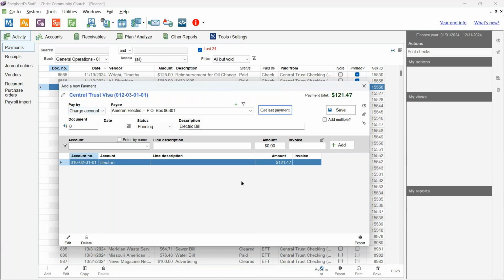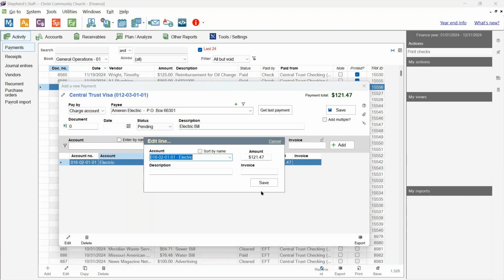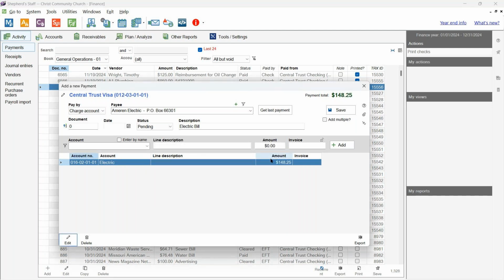And you'll notice that we've got some of the information already filled in because we used Get Last Payment, and our last payment used this expense account. And this was the amount. Now let's say, well, obviously it's not always the same amount, so I need to adjust for this month's payment. So I'm going to click Edit, and I'm just going to go in here and say that it was $148.25. And I'm saving, and now I've got that, and I didn't have to enter all of the information manually. So if I save that,